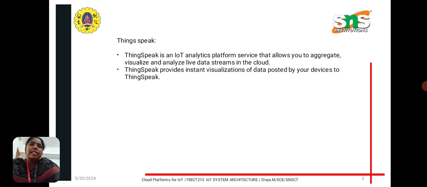We can send data to ThingSpeak from our devices, such as Arduino, and then we can use various tools to process and visualize the data. It is a popular choice for IoT projects because it provides an easy to use API for both sending and retrieving